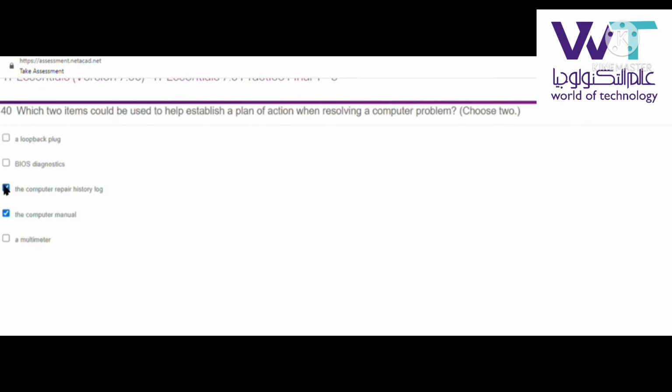سؤال رقم 40. Which 2 items could be used to help establish a plan of action when resolving a computer problem? Choose 2. هتبقى the computer repair history log و the computer manual. اللي بعده